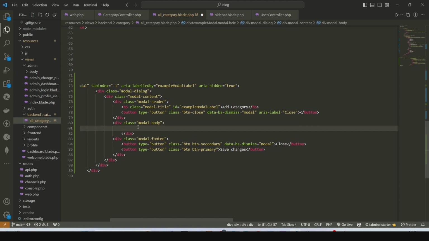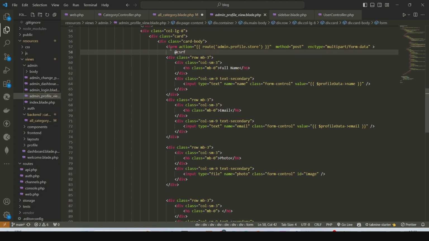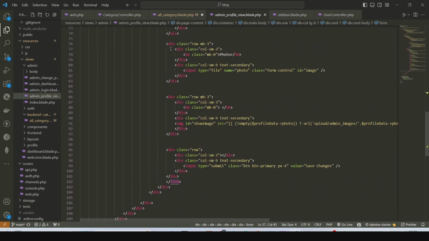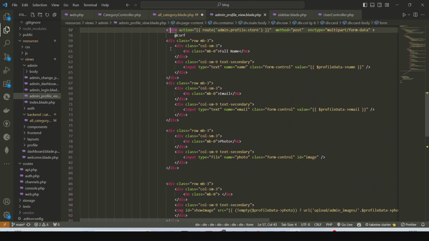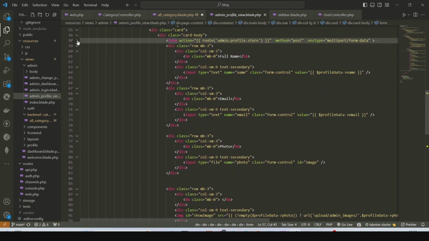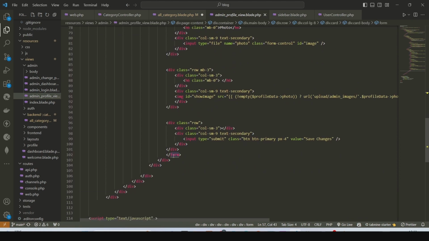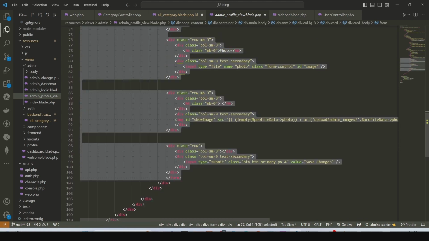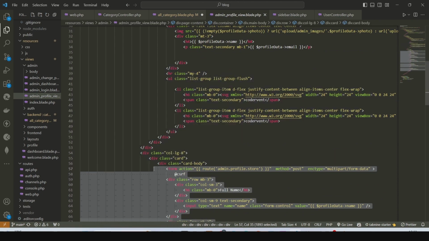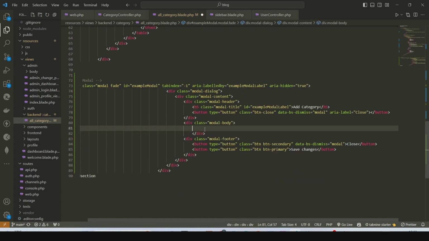So we've done a similar input field before. We did it in our admin profile view. We are going to be loading this form. Load everything. We can minimize it. So this is the form start. This form end. Copy everything. You copy it. Come to your all category, and inside here,